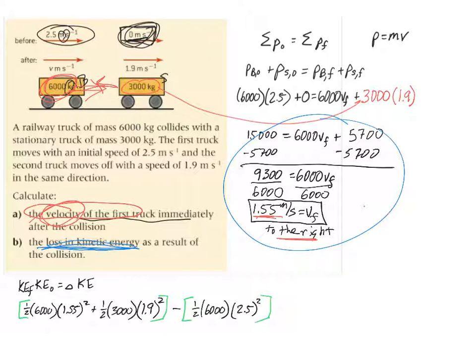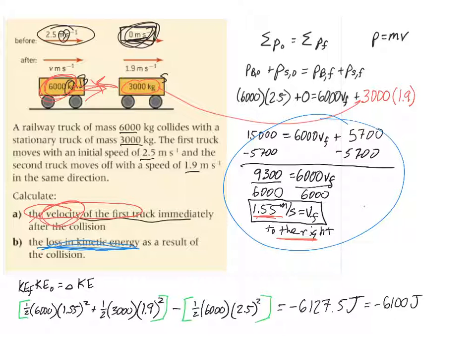So when I did this, I ended up getting an answer of negative 6127.5, and of course that's in joules. Now, if I'm looking at significant figures, which I really should, these two answers only have 2 significant figures. So I'm going to go ahead and put my answer in 2 significant figures. You could probably argue that these only have 1 significant figure, but I'm going to put it in 2 significant figures anyway. So my final answer is going to be negative